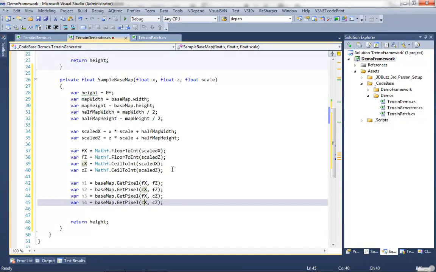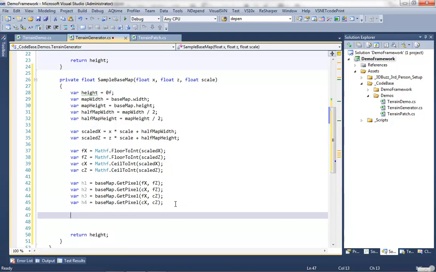All right, so now we need to interpolate or blend between our points that we've got. So we're going to start off with B1. This is going to be our first blend. What we're going to do, again, like I showed you in the last video, is use lerp instead of averaging. So we're going to take the lerp,